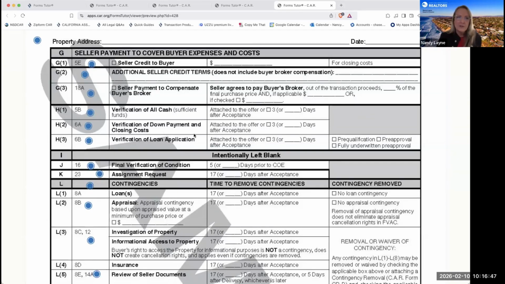Then the same applies to down payment, closing costs, and loan applications. The other thing about the loan applications is that there are 3 versions of that. That's become much more common to have. And that's obviously pre-qualification, which is, yeah, you look like you're alive. Pre-approval is, we looked at some of your stuff and it looks good. And if it is good, we're good. And then fully underwritten pre-approval is, we looked at all of your stuff and you have the money you said. So those 3 levels of